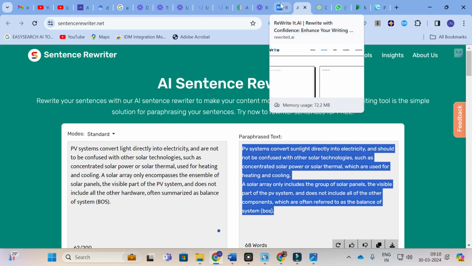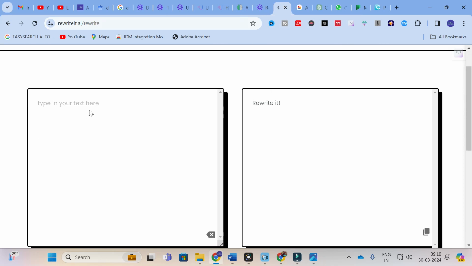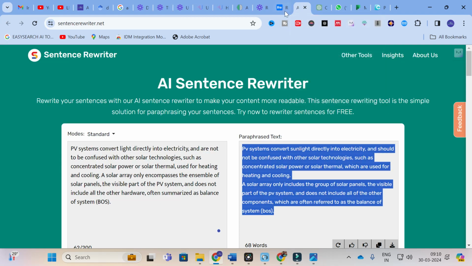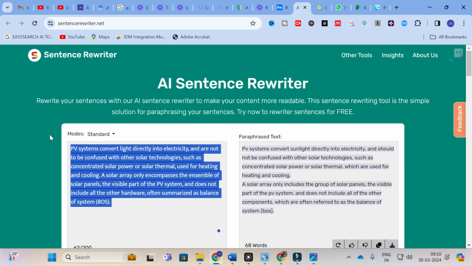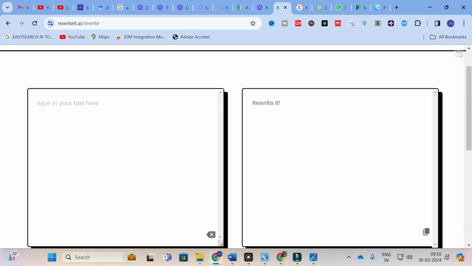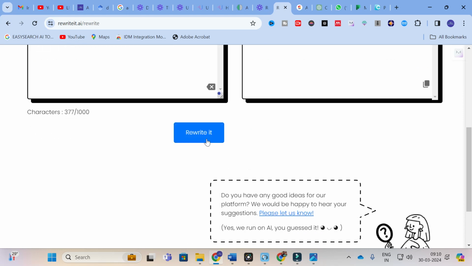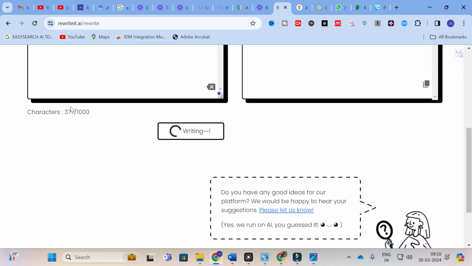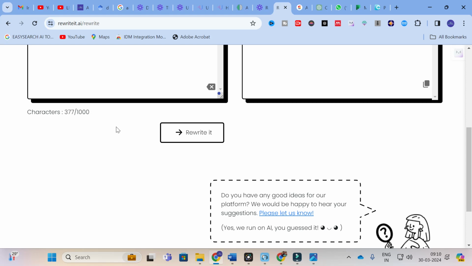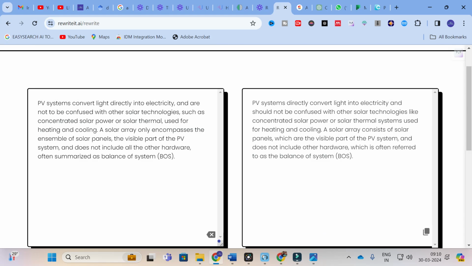So next, moving on to our next tool. So this is the rewrite option. So here also you can copy and paste the content and that content can be rewritten. So here, in order to explore this one, I am going to do the same again. So go copy and paste the content here. So after that, click on rewrite. So here you can see you can use characters up to 1000. So here you can see that this is the rewritten content.